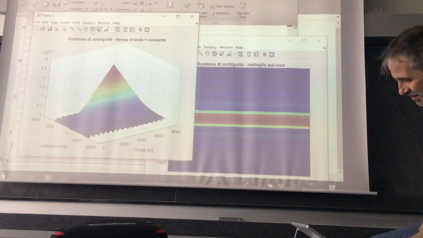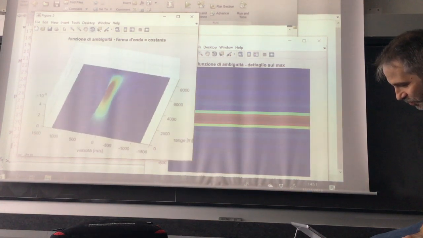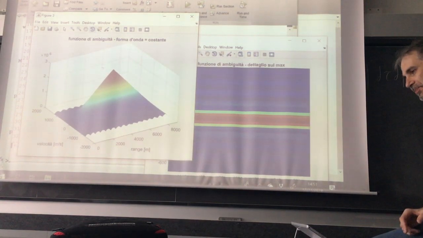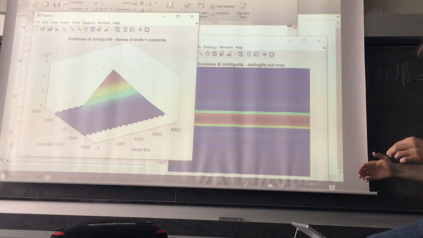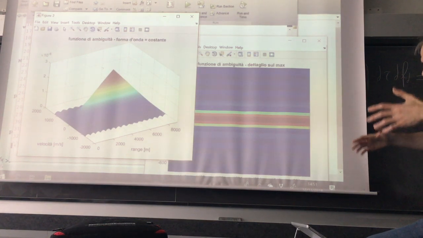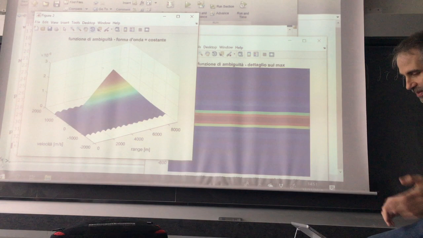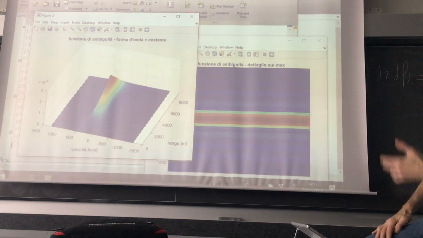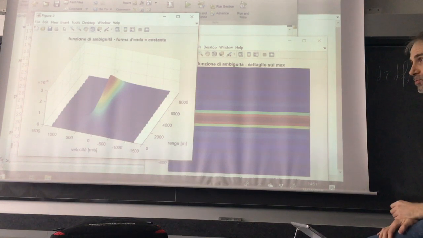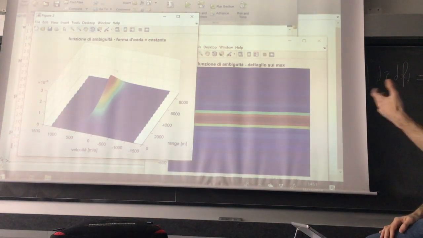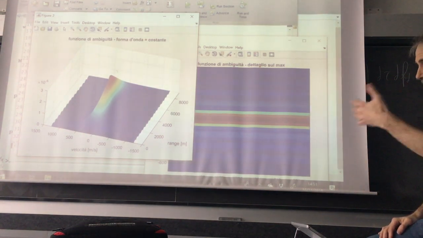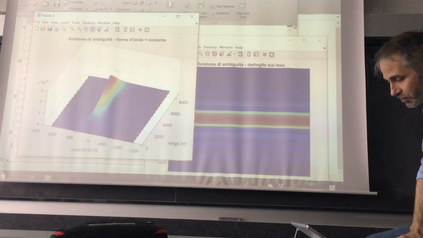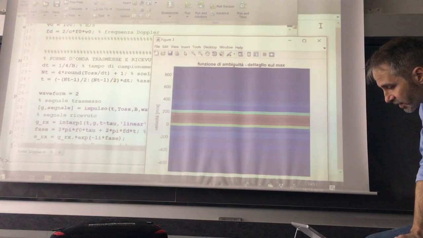You have some sensitivity in range as well, because the signal is long, but it is not infinite, and so you get some sensitivity. But let's say that emitting a single tone is what you have to do if you just want to study the speed of the target and not its position. If you transmit a chirp,